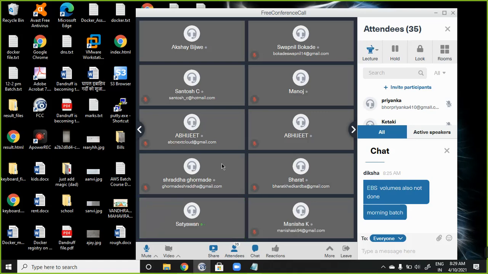Or let's say you have taken a 100 GB volume, but the utilization is hardly 10 GB, or your EC2 instance utilization is less than 50%. Or you created a security group and you have opened 0.0.0.0. That is another problem.